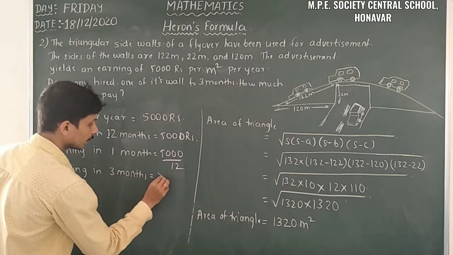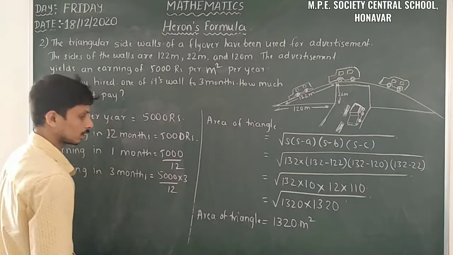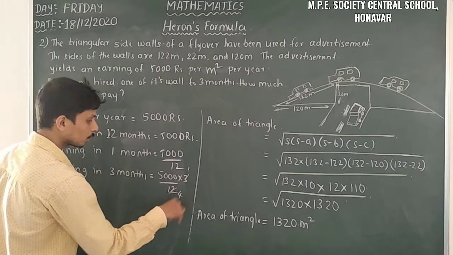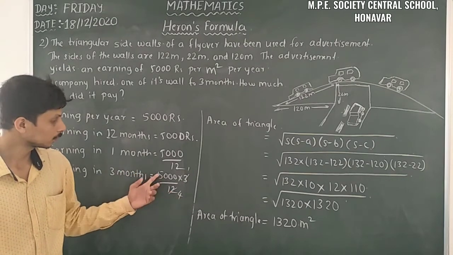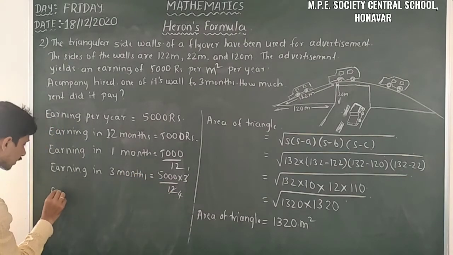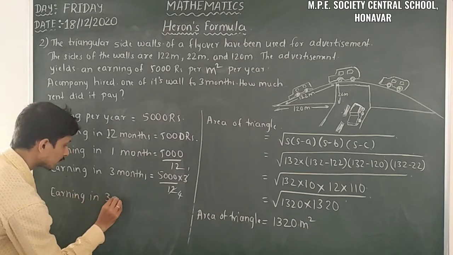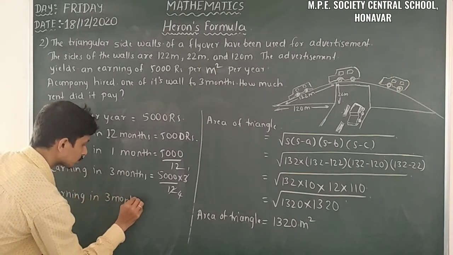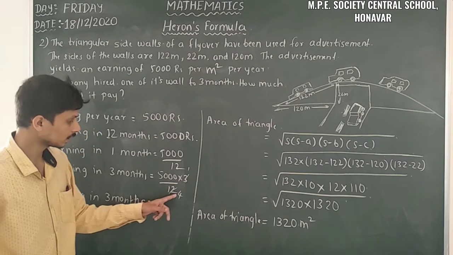What happens? 5,000 into 3 divided by 12. So 3 into 1 and 3 into 4 we have. So here we can easily divide. That is 4. So here let us take the earning in 3 months is equal to